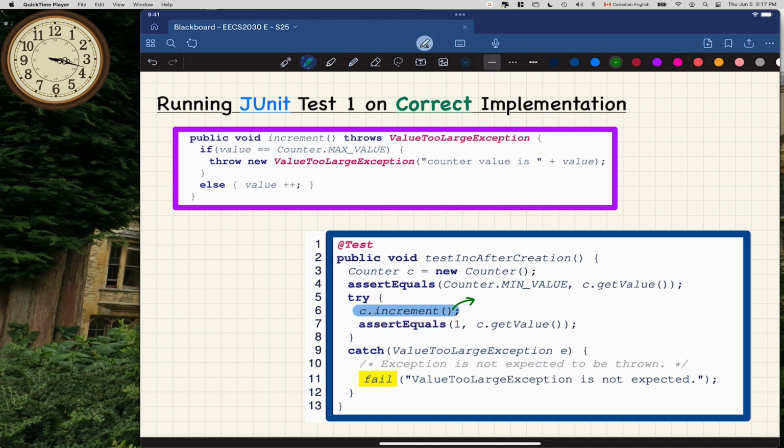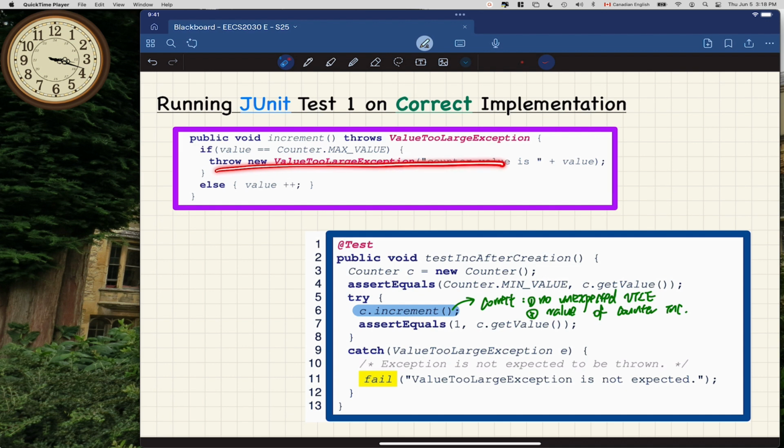Correctly simply means, let's say this is actually correct, in the sense that no unexpected value too large exception is thrown, and also the value of the counter is actually incremented properly. You can see those two requirements pretty obviously, right? You can see that here in the increment method, we only try to throw the value too large exception